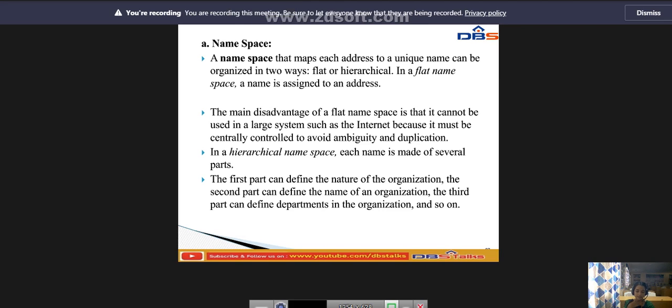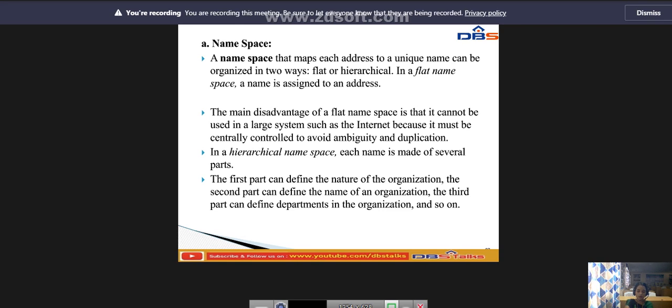What is the use of a namespace? A namespace that maps each name to an address can be organized in two ways: flat or hierarchical. In a flat namespace, a name is assigned to an address. A name in this space is a sequence of characters without structure.